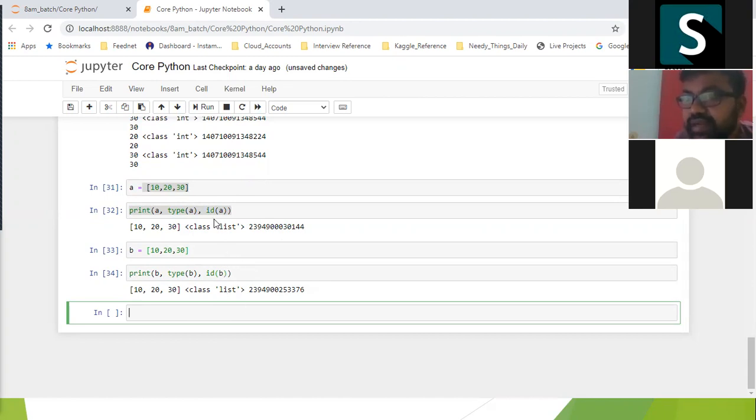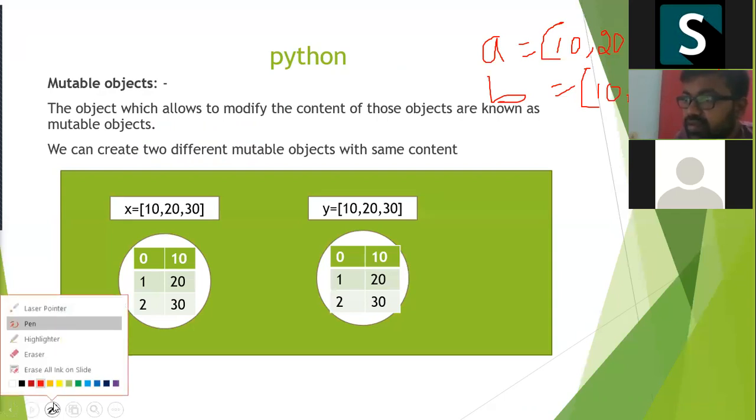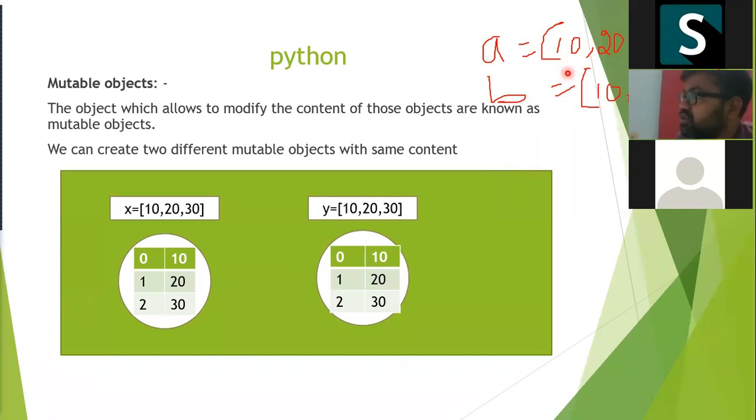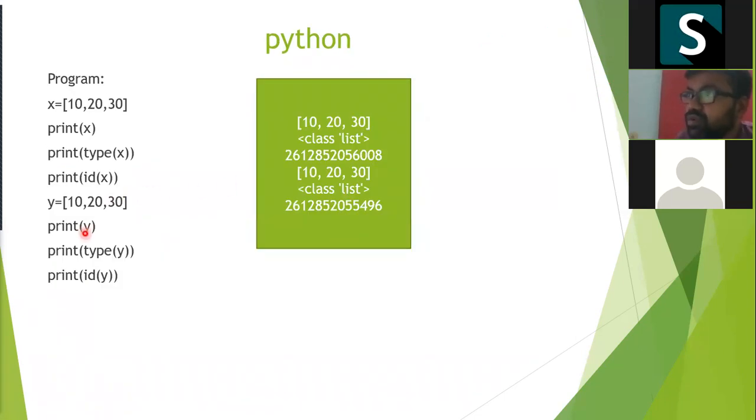A mutable object doesn't care whether any existing reference address is there for the same content. It will directly create a new object and waste the memory. For this one and this one, even though the content is same, it will create a new memory address for both.